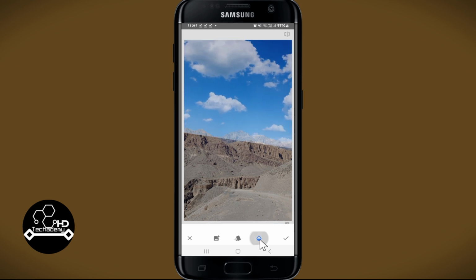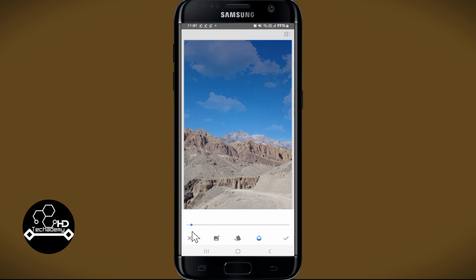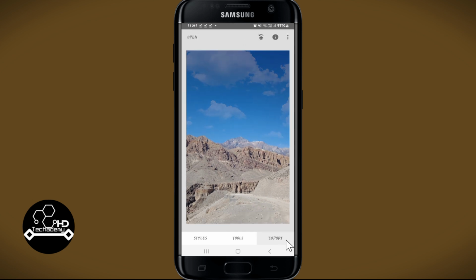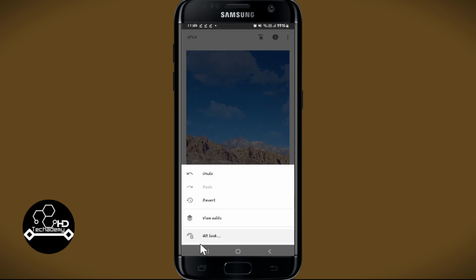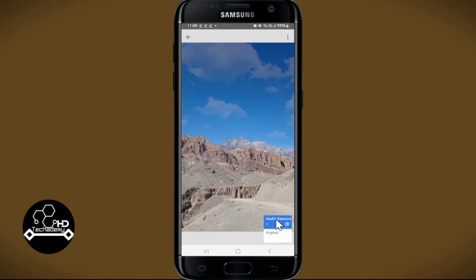Tap on the opacity option at the bottom and then move it to the left so that it is almost invisible. Then tap on the tick mark to apply your changes. Now just tap on the Edit Stack button at the top and then tap on View Edits. From here, tap on the Double Exposure option and now tap on the middle button, which will allow you to